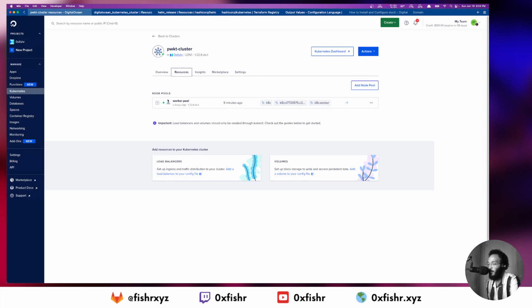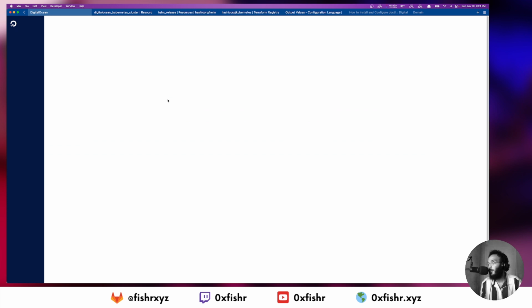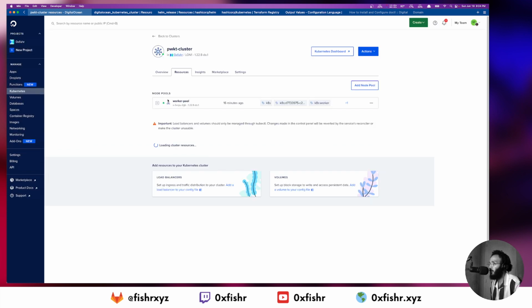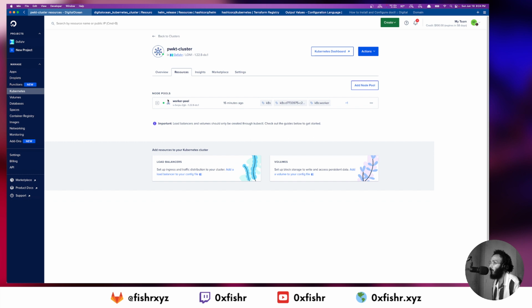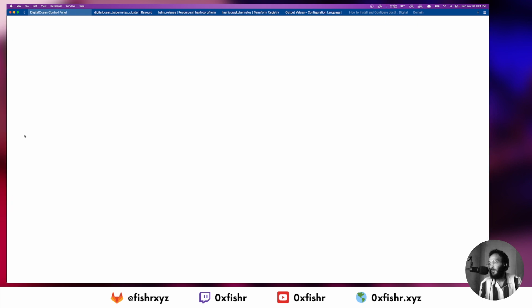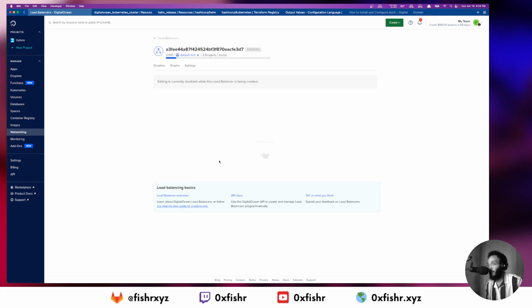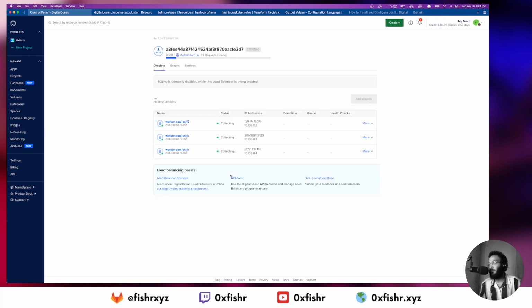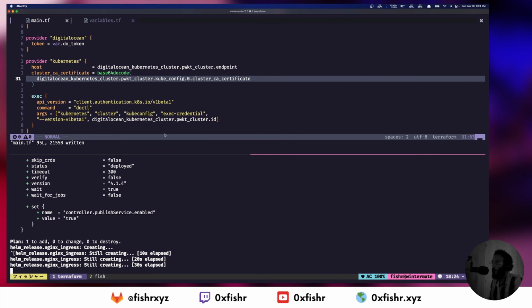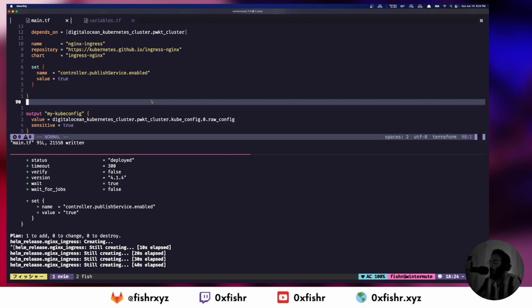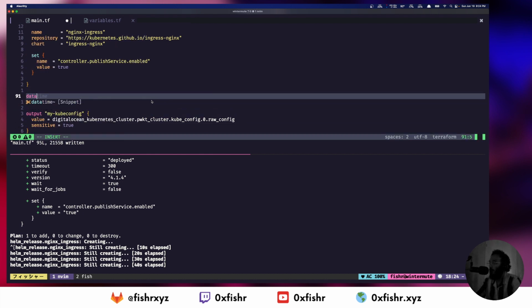Soon enough, we'll see under the resources tab a load balancer being created. We can go to networking, load balancers, and boom, it's created a load balancer for us. It's in the process of being provisioned. So while we wait for this to finish, we will go and grab the IP of that